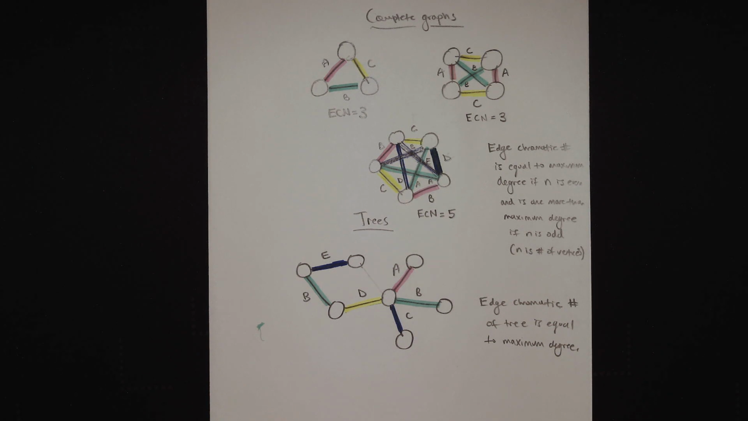All right, and then for trees, we have another result that I'm going to state without proof, that the edge chromatic number of a tree is equal to its maximum degree. So again, the proof of this is beyond the scope of this class, and it suffices just to know this result, right? And why is that the case? Well, knowing,